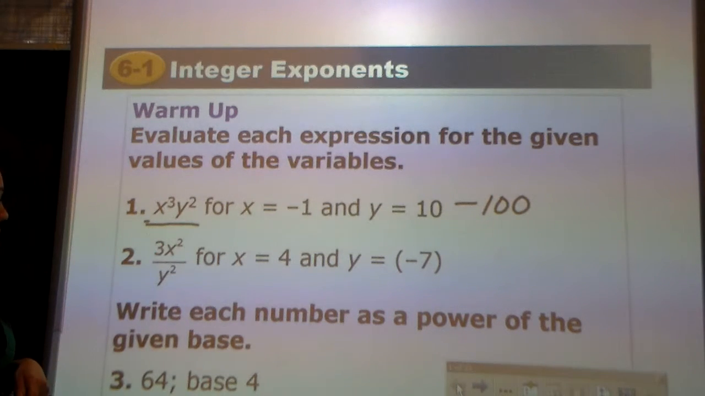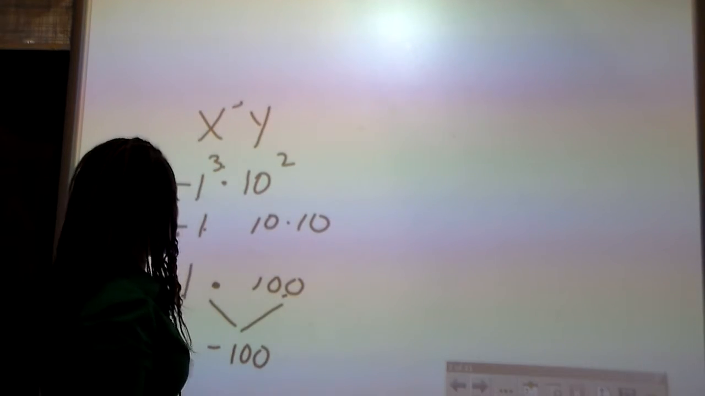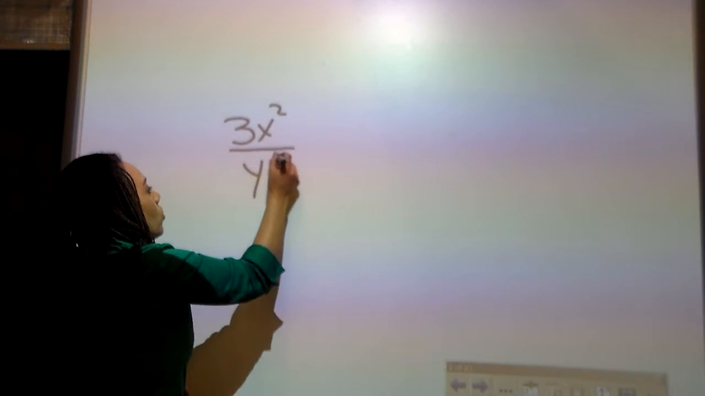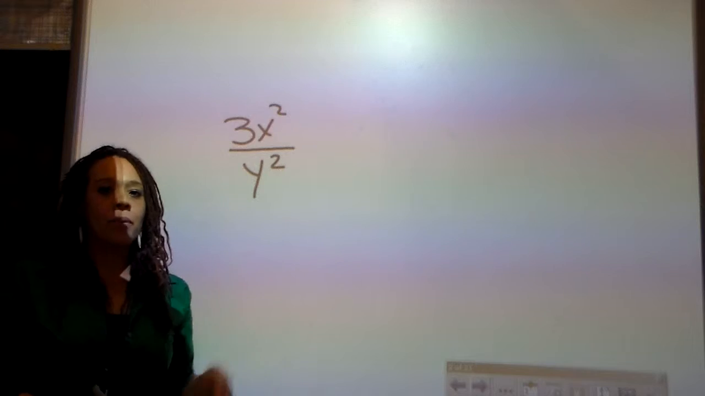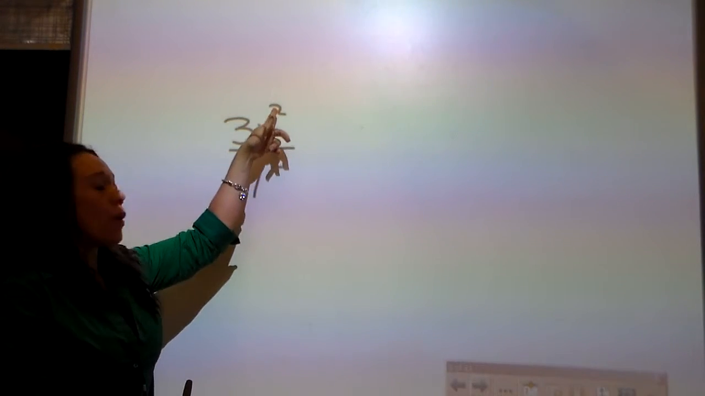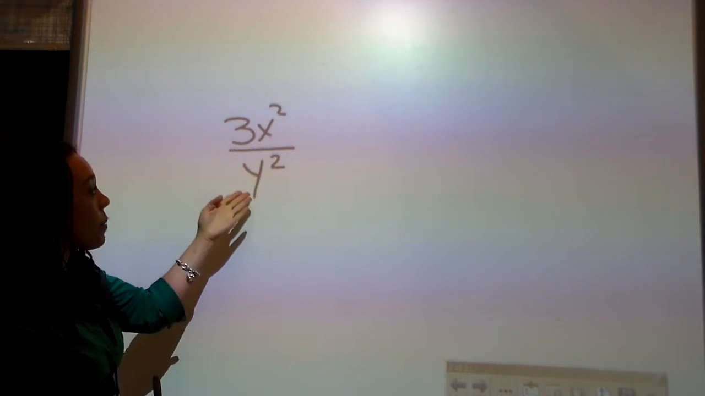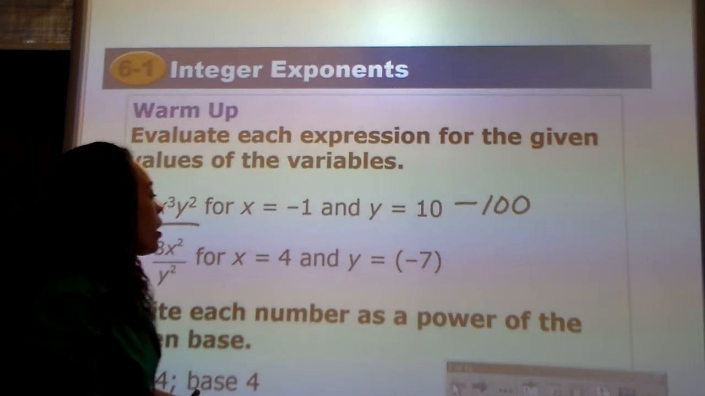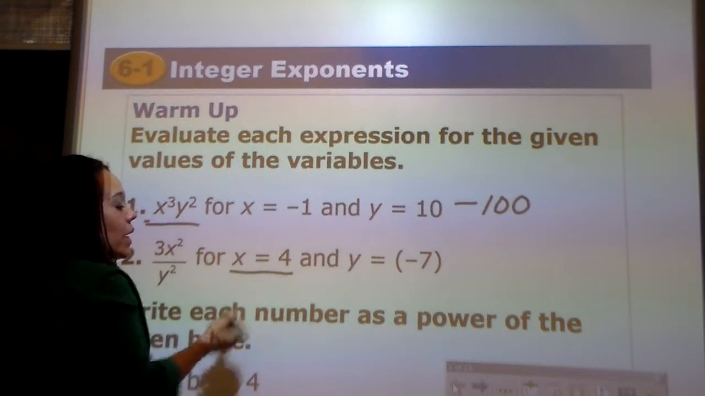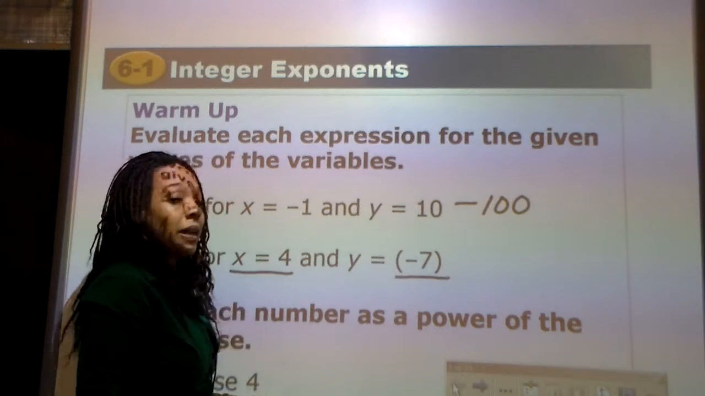The second example looks kind of creepy. It's 3x squared over y squared. I'm going to write that one here on the board for you. In this problem, what would creep people out a little bit is that you have this fraction. You have an exponent up here in the numerator, and you have an exponent down here in the denominator. However, they are telling us to substitute. Where we see x, we're going to put a 4, and where we see y, we're going to put -7,